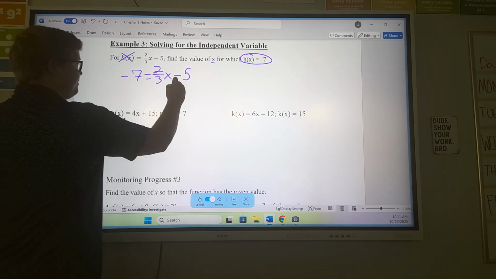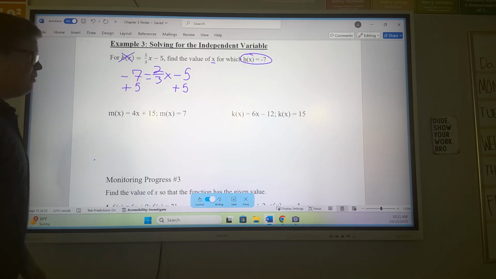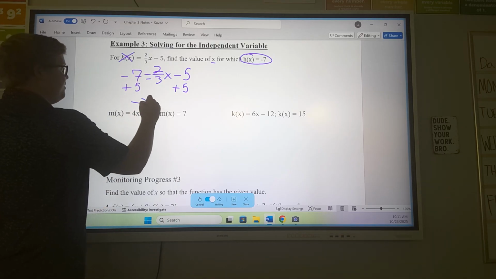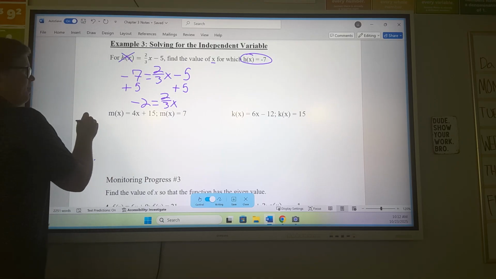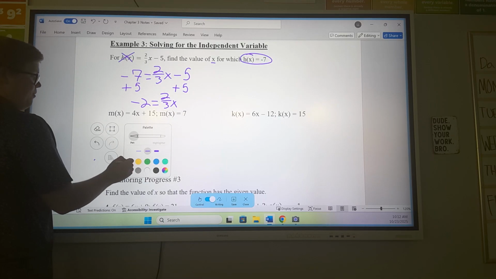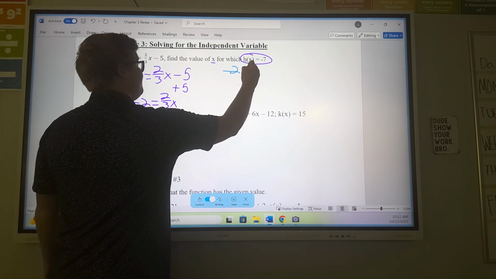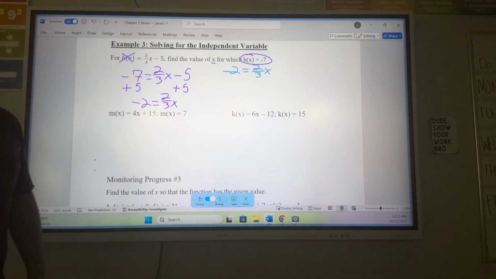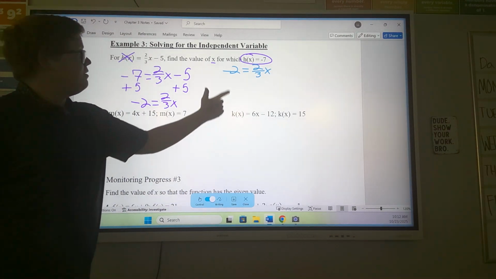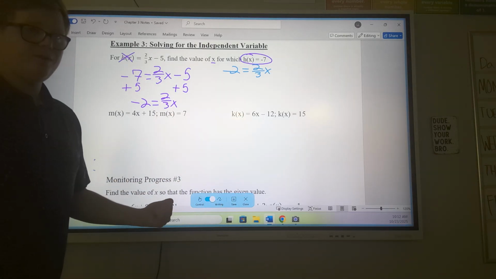Add 5. Negative 7 plus 5 is negative 2. We have negative 2 equals 2/3 x. Now I'm going to rewrite it up top so we can talk about what we're going to do next. We still have negative 2 equals 2/3 x. And remember, you have two options here. You can either A, divide negative 2 by 2/3 in your calculator, or B, we can multiply by the reciprocal,